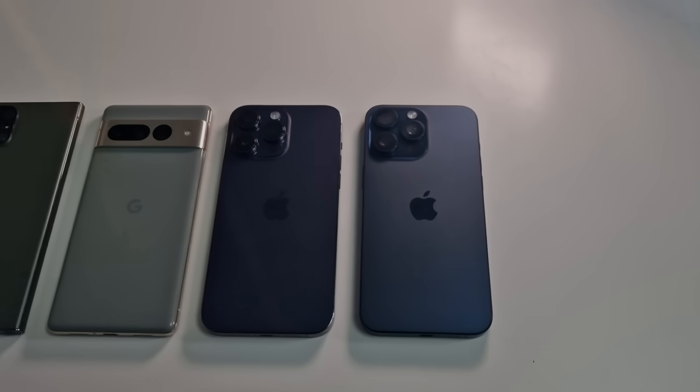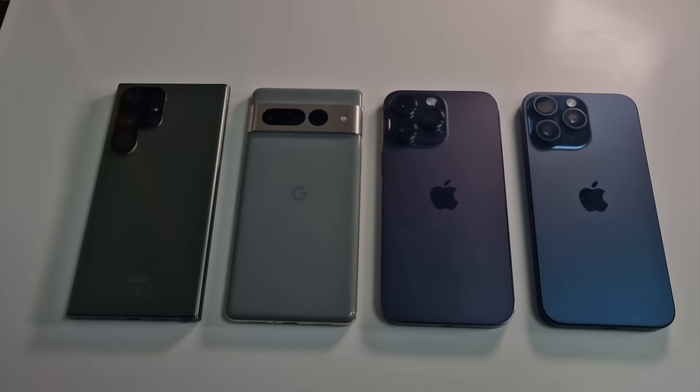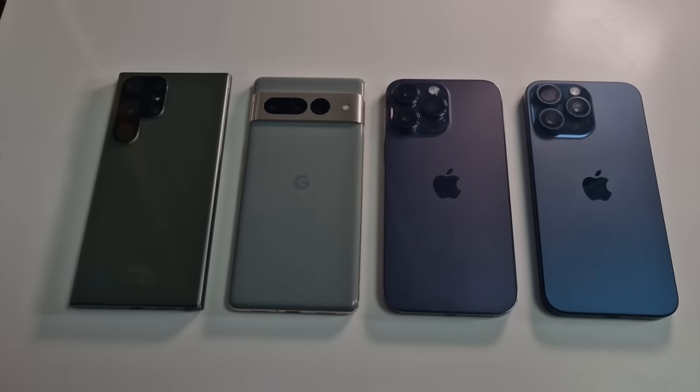And there we have it, folks. That is the full comparison of all the photos and videos taken on these phones. I think every single phone here has its strengths, has its weaknesses, and as you've seen here, in my honest opinion, I think the 15 Pro Max as an all-rounder is definitely the best phone. And that's just my honest opinion here. And I would say very, very close to that is definitely the Galaxy S23 Ultra, then the Pixel 7 Pro,